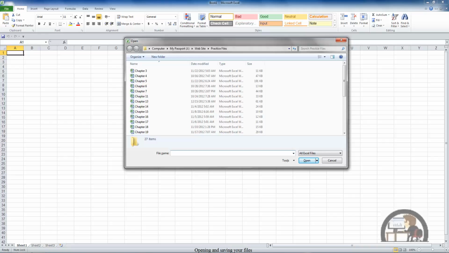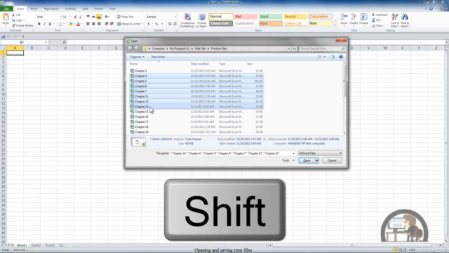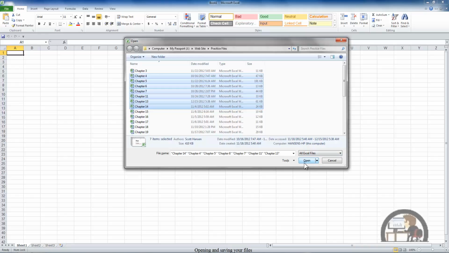And to open up multiple files, you simply have to select them. And if they're contiguous, I can choose one, left-click once, hold down the Shift key, and then left-click the last file in the range of files that I want to open up, and then left-click Open, and they will sequentially